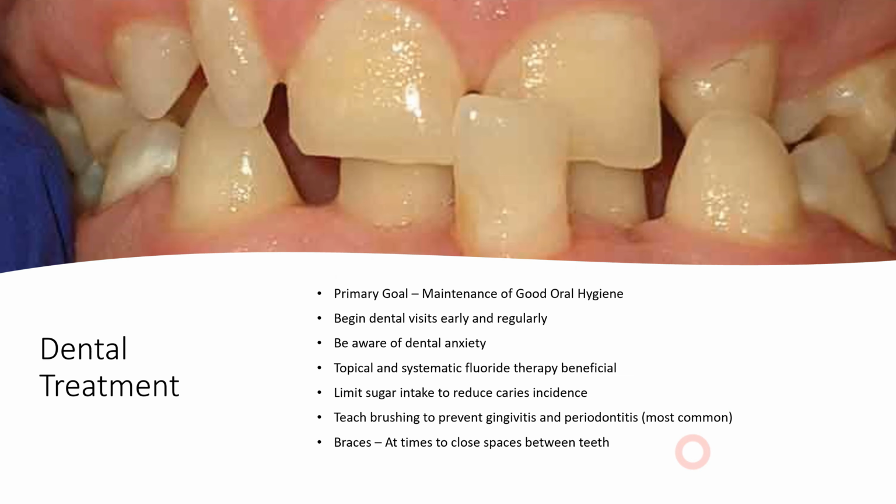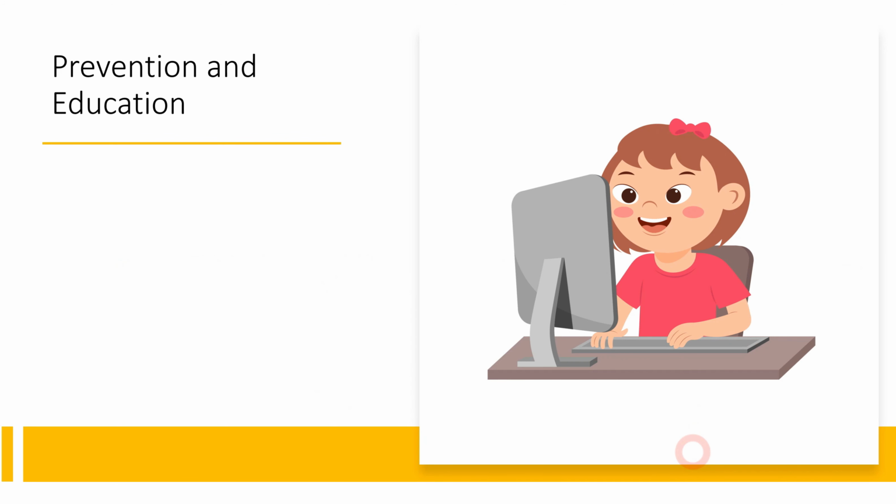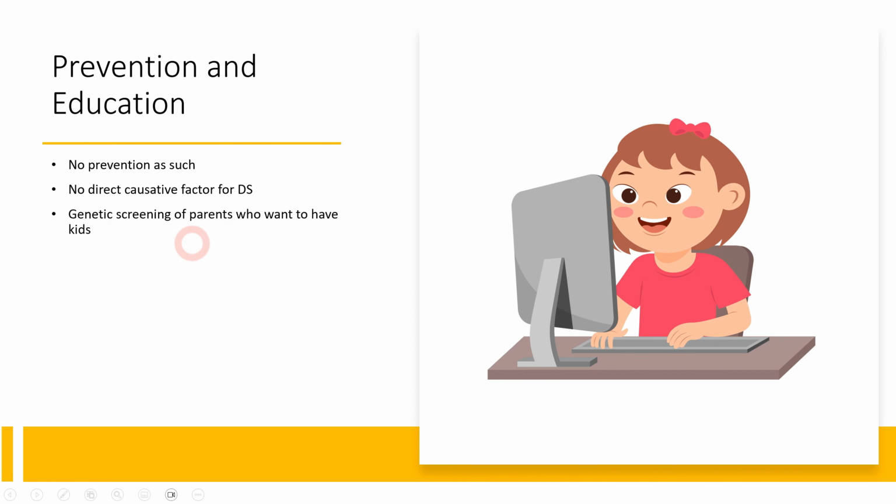Now, lastly, talking about prevention and education of Down syndrome, basically, there is no such way in which we can prevent Down syndrome. There is also no direct causative factor associated with Down syndrome. But what we can do is offer genetic screening so that parents can be aware whether their child who will be born might be suffering from any kind of genetic disorder or Down syndrome. So that is one way which we can do. Other than that, also